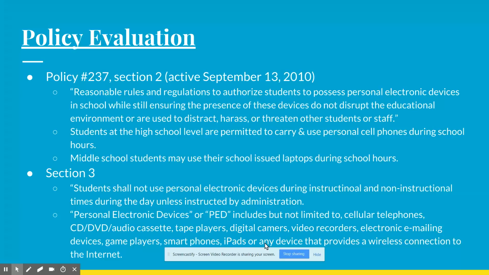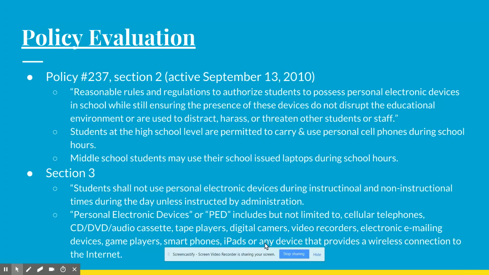In the high school, students are allowed to carry personal cell phones during school hours. At certain times, middle school students are allowed to use cell phones as well. But most importantly, they are allowed to use their laptops, and their laptops have been given almost the same capability as a personal cell phone.